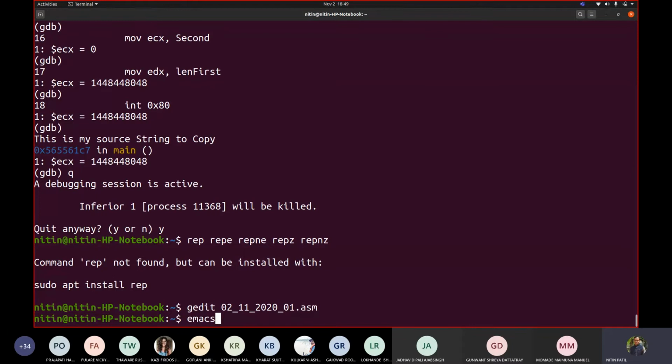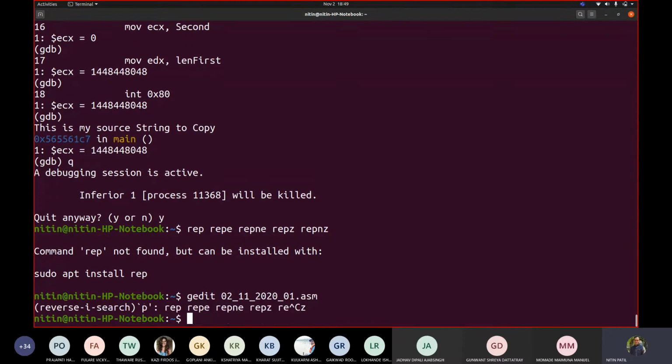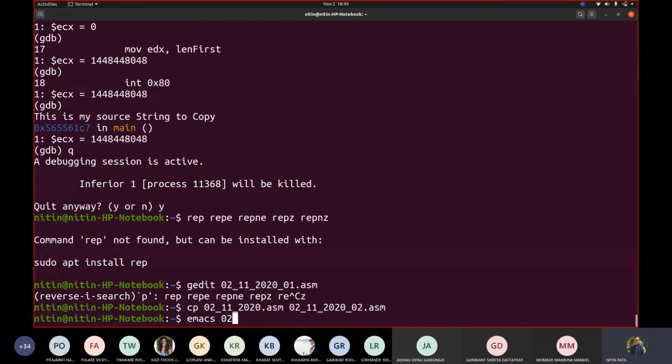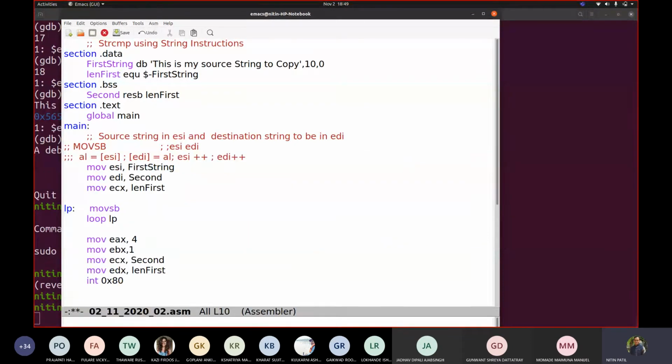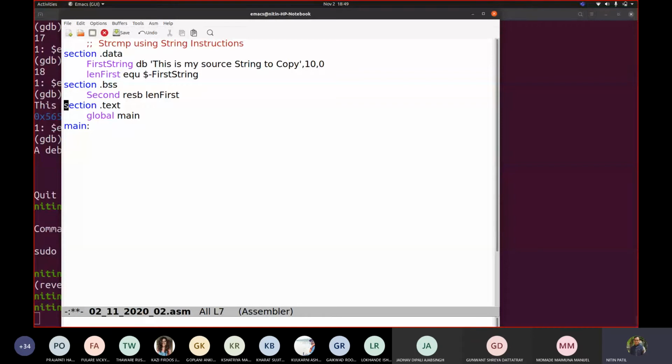Okay. I'm trying to implement strcmp. Now I'm not taking string instructions anymore. Let me write it without using string instructions.